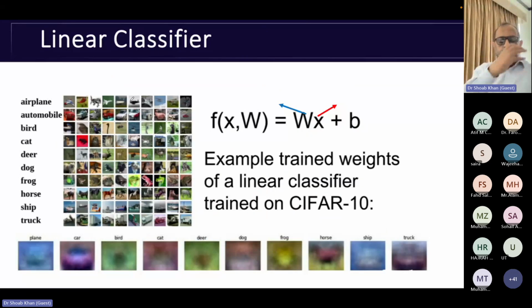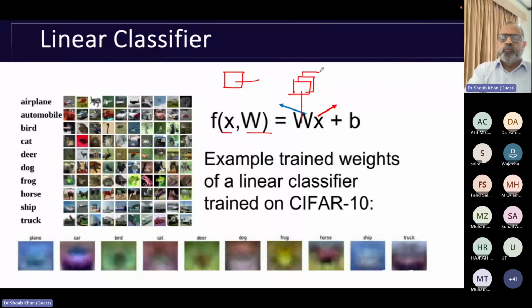So here is another perspective. Once we say W, because X originally is an image which is 32 by 32 by 3, then W is 10 images, 10 images for every feature. As I said, it's 10 equations. Every equation, if you write W in the form of 32 by 32 by 3,